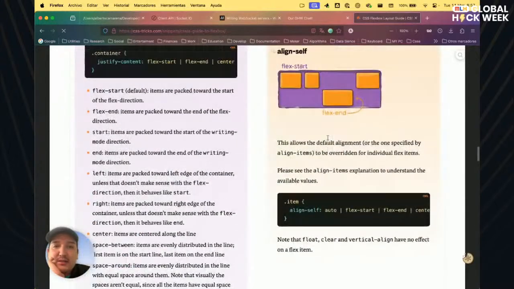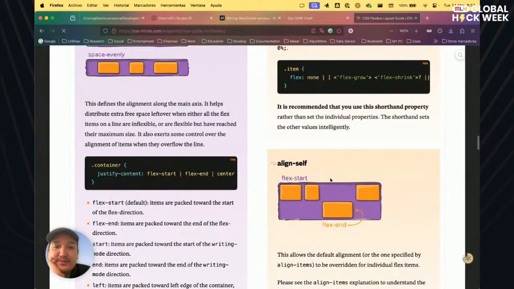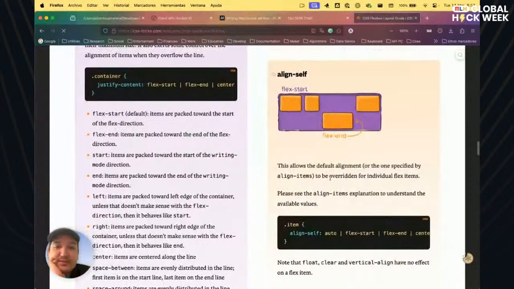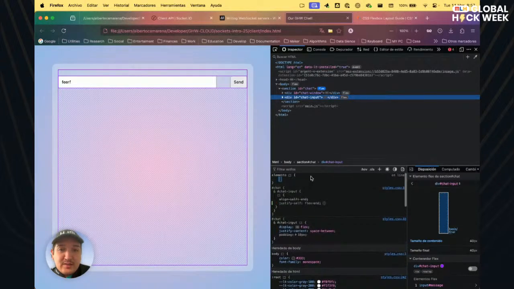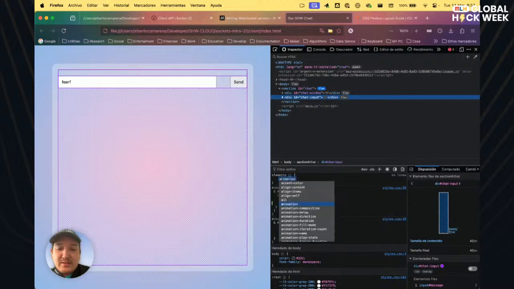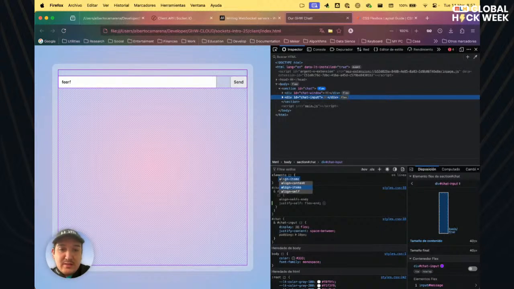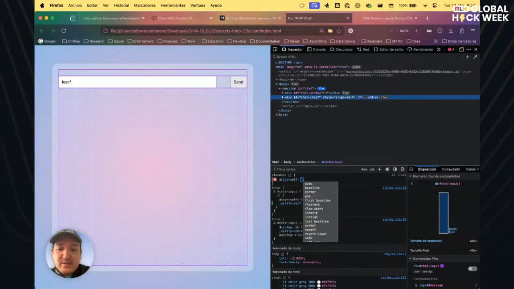Here, align self, just this element. Align itself, flex, and